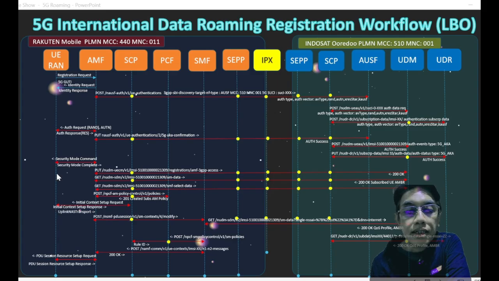It will first send the registration for the 3GPP access for the subscriber to UDM. Once okay, it will send another request for the access mobility data to the UDM,